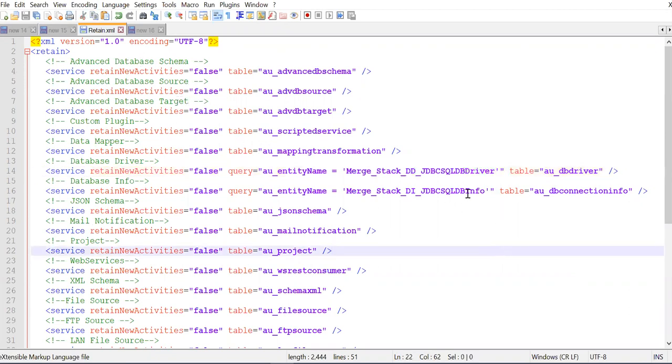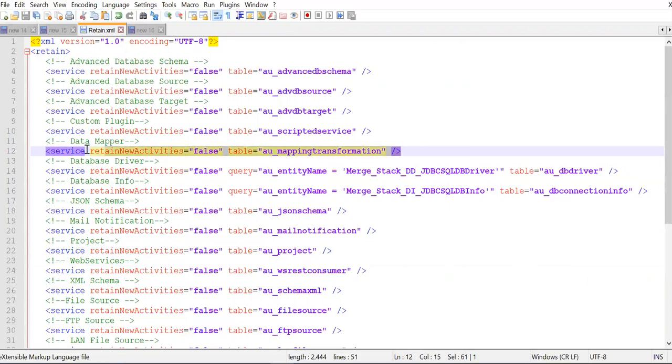Okay, so here I wanted to explain. For a database driver, there is a table in the backend, which I have already shown you. And then you need to pass two parameters. One is retain new activity equal to false. That means if any artifact belongs to this table and it's not there in the table, then add those. And if this is a query, okay, if this record or this artifact is already there, then retain it. Don't update it or don't override it. That's what I'm saying here.